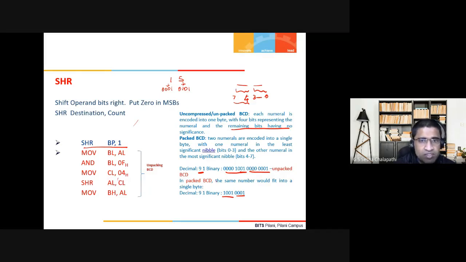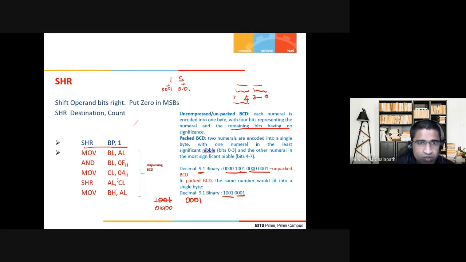So this is packed BCD, and I'm going to unpacked BCD. So 1001 0001. First I have made a copy into BL, and I have masked it and made it 0000 0001.